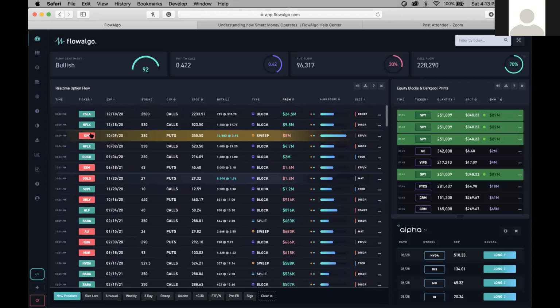And I will almost ignore the SPYs and other ETFs, because they could be hedges, and there's just no point in trying to decide whether it's a hedge or not, because you'll never know. So if I'm going to look at something, I'm also going to look at the expiration. I want to see when they think this can happen. So if they buy it, just say today, for example, or yesterday, you want to see when they think that move can happen.